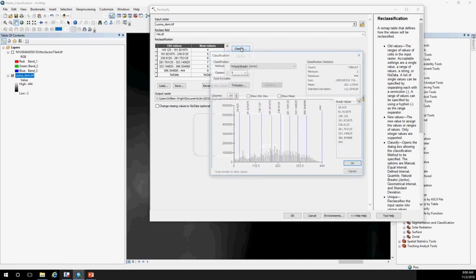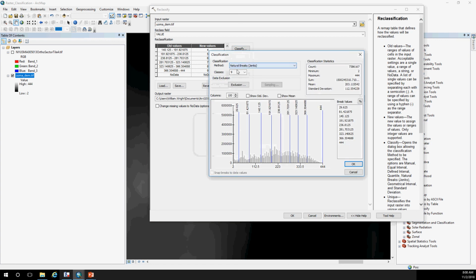Or I can go in and hit classify, and under this I've got 9 classes. They're using natural breaks. I can specify different ways that I want to do things. A lot of times what we'll do is we'll do 10 classes and we'll order them 1 through 10 or 0 through 9, and we'll do some math with layers of raster,